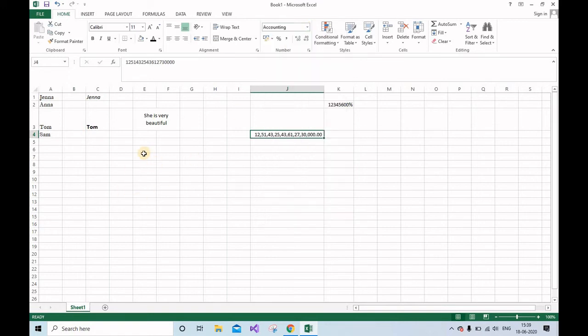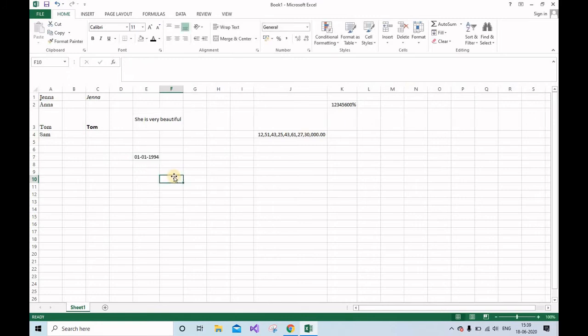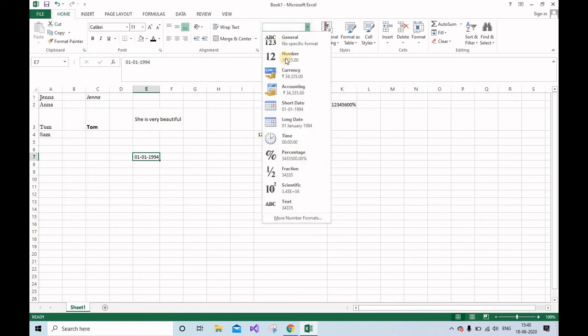How you will change the date style, I'll tell you. Like if we are writing 1st January 1994, now we want to change the style. So we'll select this, we'll go there and you need to go to the dates.